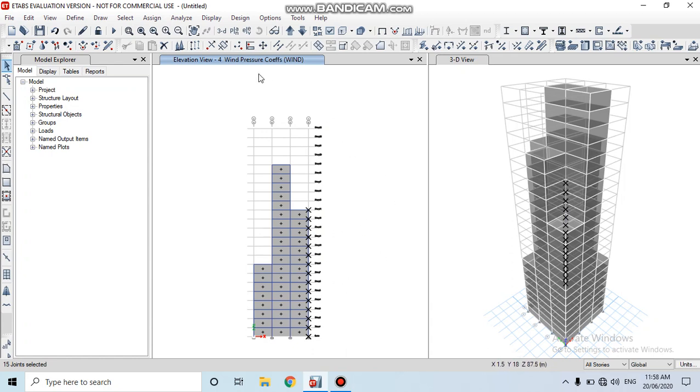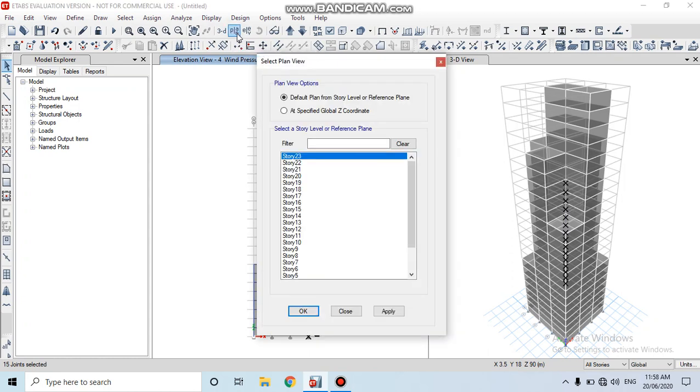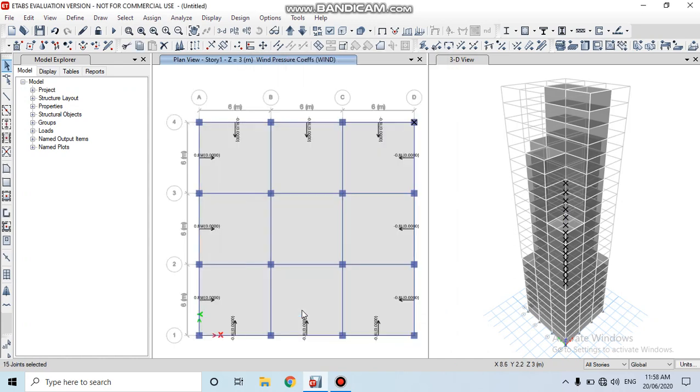Then go to the top plan view. In top plan view, go to story 1. Go to story 1 and click on OK. Here we can see the loads. Then click on the 3D view tab.